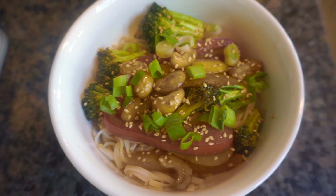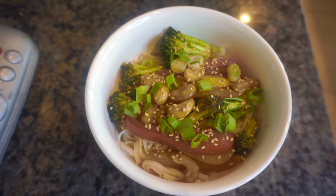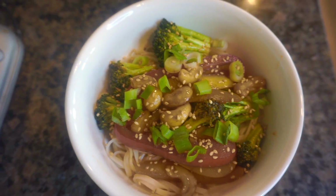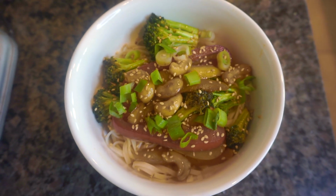Okay, so there it is. It's all finished. And I put it in a bowl. The noodles are on the bottom. We put some green onion and sesame seeds on top. All right, well, we're done with the stir